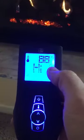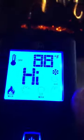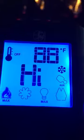We know we're in standing pilot mode because of the little snowflake, and it is suggested that it's run in the wintertime so that the glass doesn't condense as bad. When you first fire this, you do get fogging and condensation, but that's limited if you have the pilot standing